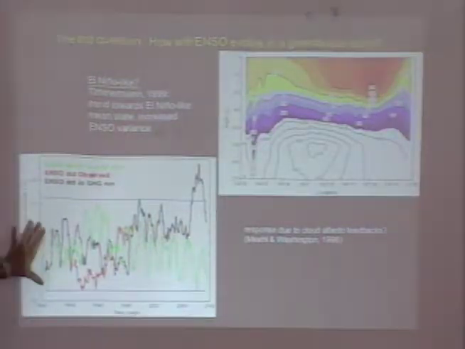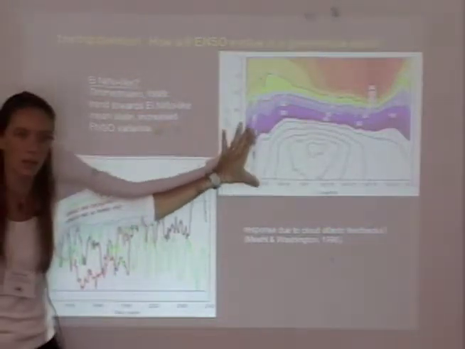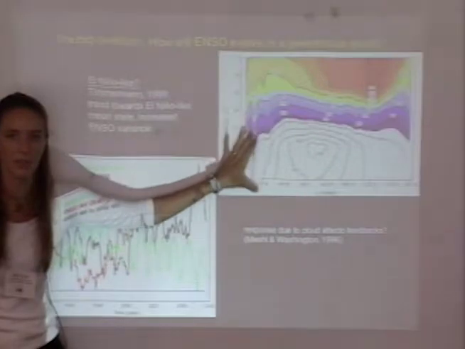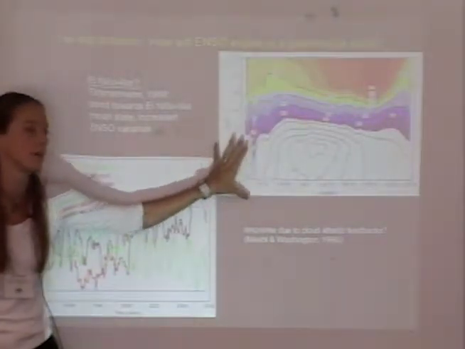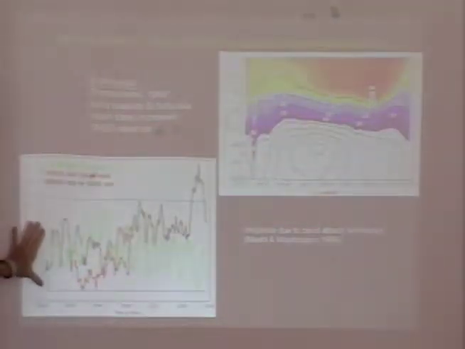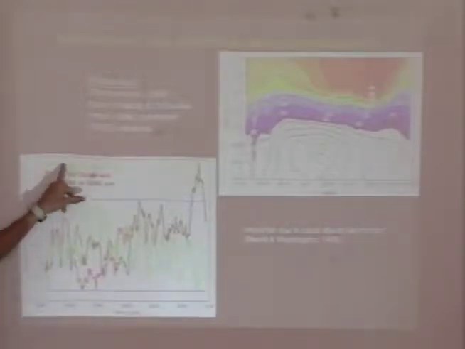Now, because this was an ENSO-resolving model, they actually saw El Nino events; they're not just doing a radiative balance kind of approach. And you can look at what El Nino did in that same run. You see this on the bottom here, and I'm sorry the green didn't come out.